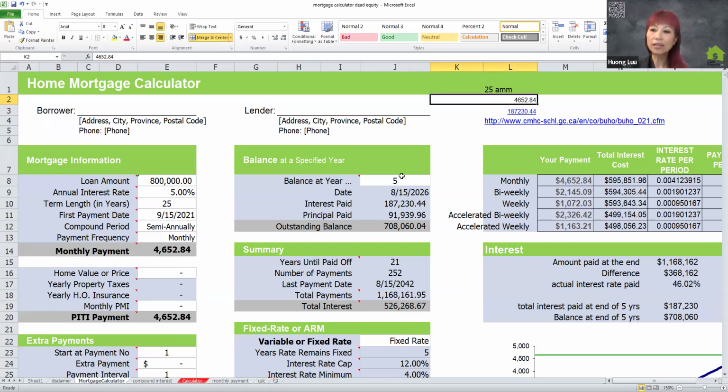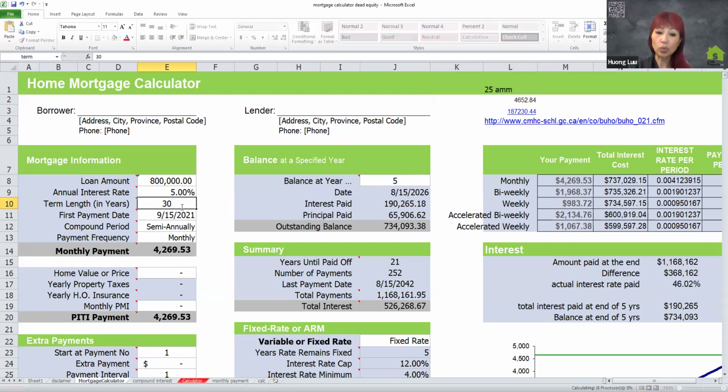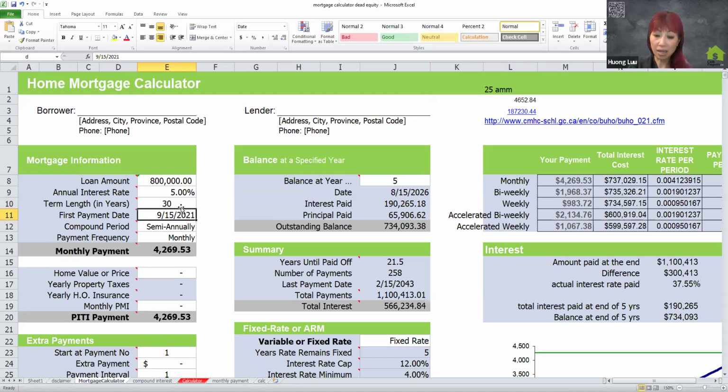Okay, so now let's run the numbers and say we go from 25 years to 30 years. So you're buying a brand new property and the bank's offering you a 30-year amortization. What does that actually mean? Okay, so now look at this. I'm going to put 30-year am here. What happens now is your monthly payments go down to